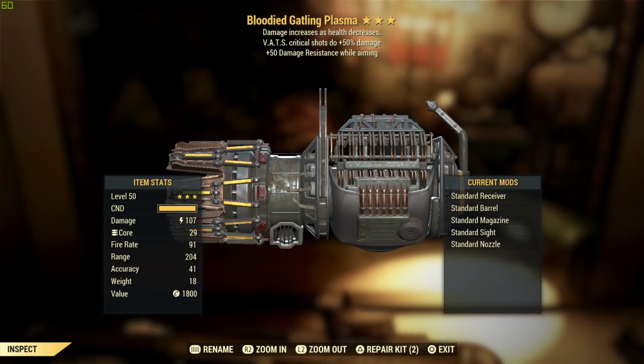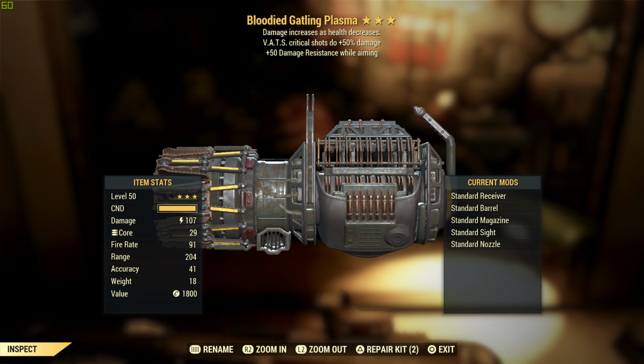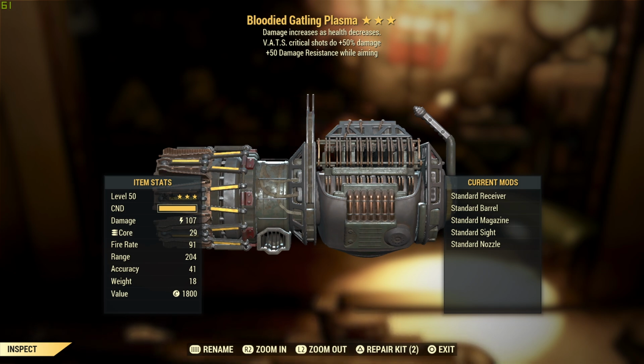And we got a Bloodied Gatling Plasma. Now that's good. I've had a Bloodied Gatling Plasma before, but unfortunately it was only one star. I used to bring it out when I was fighting the Queen, and it did so much damage. Nice to have one with a second and third star. VATS critical shots doing 50% damage is the second one, and plus 50 damage resistance while aiming is the third